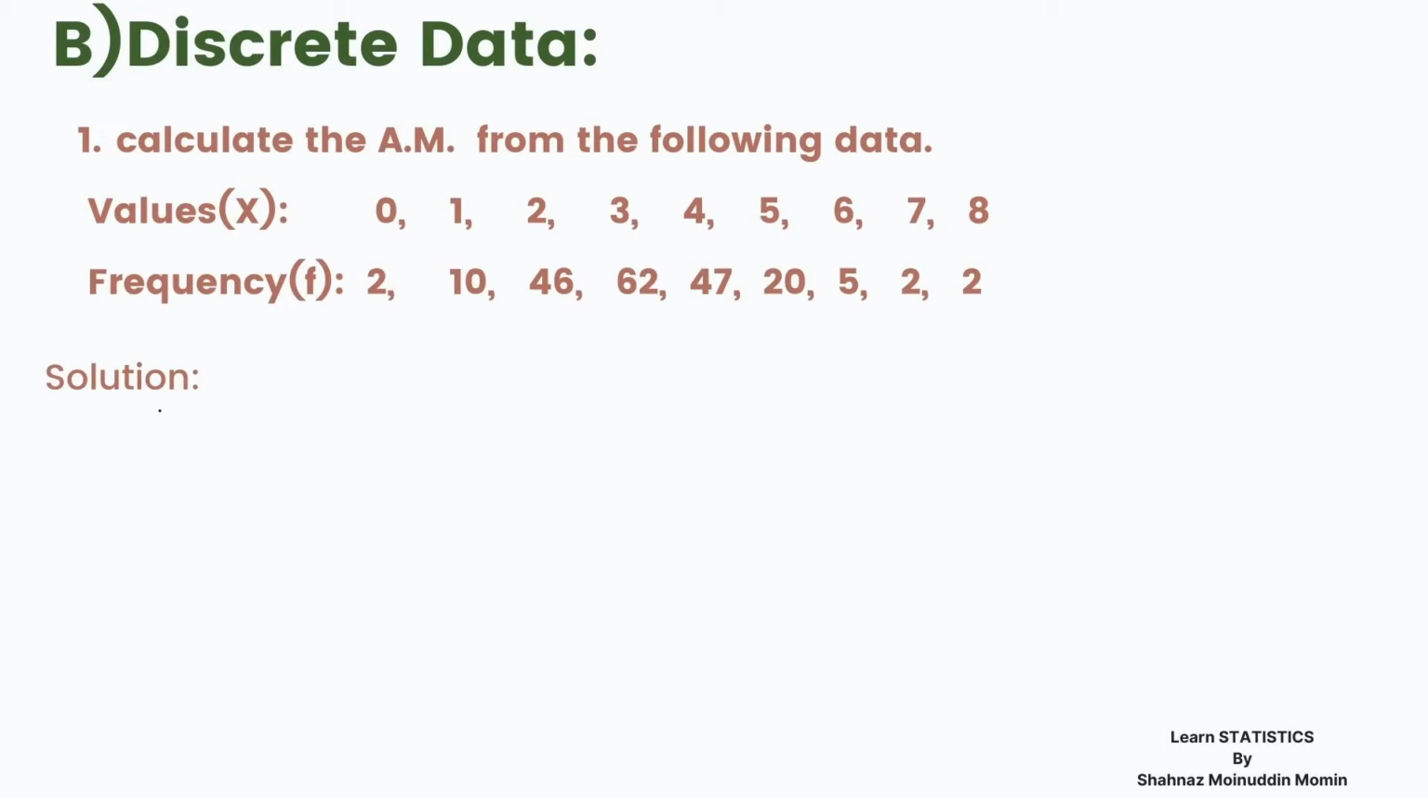Write all these values in a tabular form as x: 0, 1, 2, 3, 4, 5, 6, 7 and 8. Corresponding frequencies f